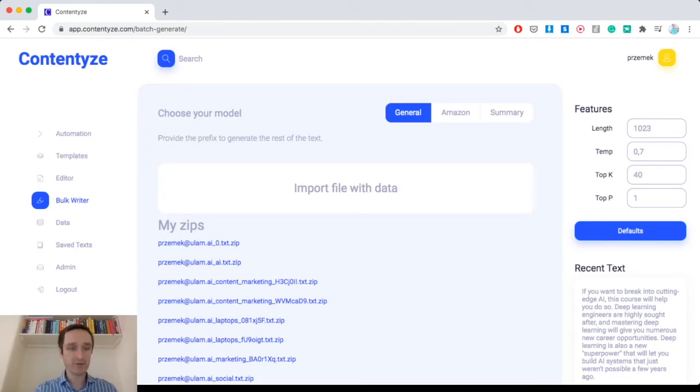So that's also possible with Contentyze. Going even further, those are the functions that are already working and you can test it for yourself. But going even further, what we're